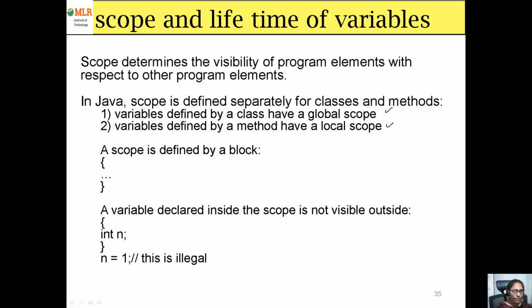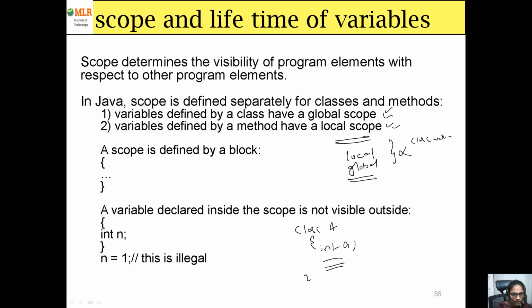As we discussed in the previous videos, there are two types of variables in C, that is a structured programming language: local variable and global variable. But here we don't have any concept like this. In Java we don't have any global thing, but here we have a global scope and local scope. Global scope will be given to class variables. For example, I am declaring in a class int a, then the scope of this variable is within this class, and this scope you are calling global scope.